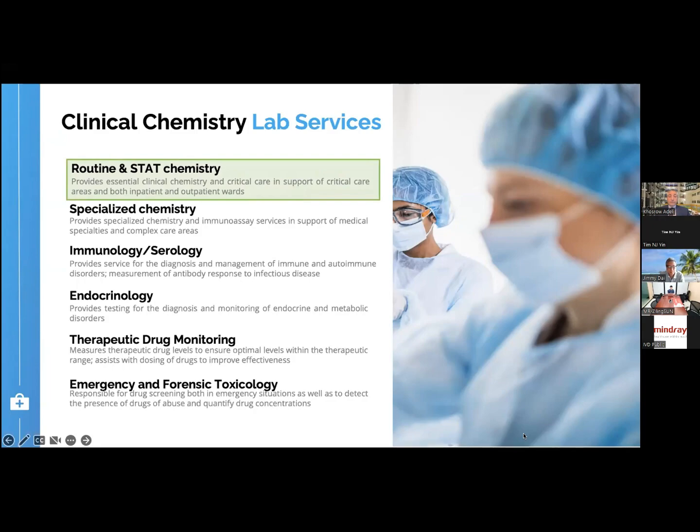We have been involved in a lot of serological testing. Endocrinology, where you do a lot of hormone testing and endocrine marker testing. TDM, or drug monitoring, really important in support of patient care. And emergency and forensic toxicology. So we actually do a lot of emergency toxicology. We do